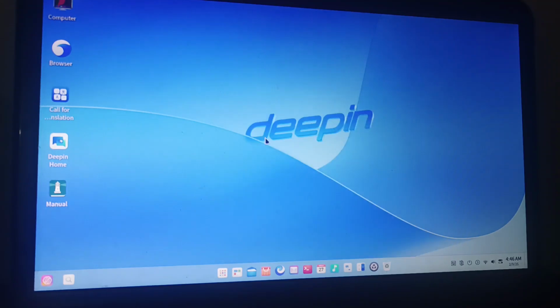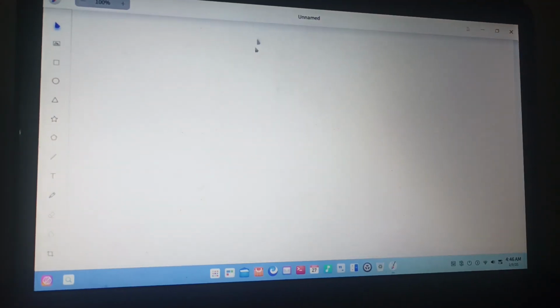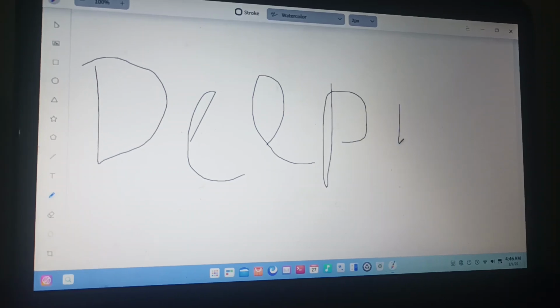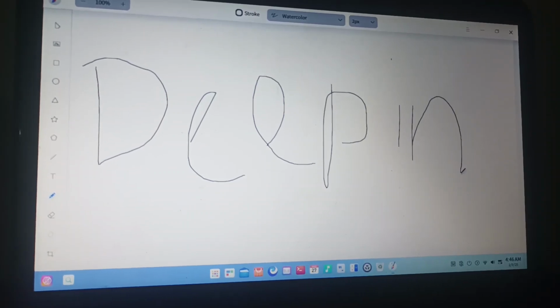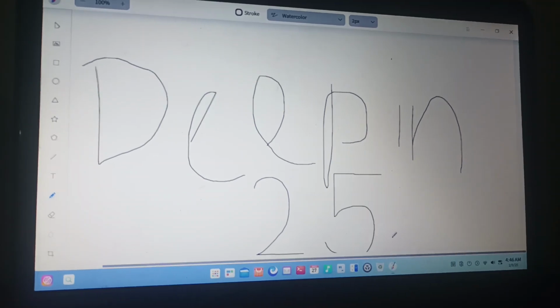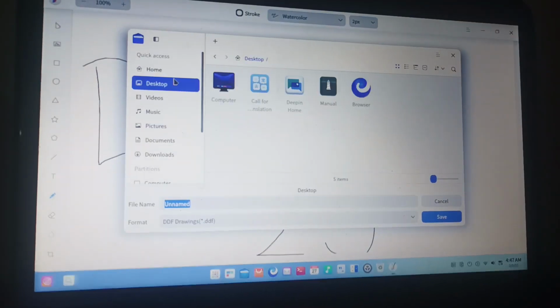We got Deepin Draw, which is probably just Microsoft Paint. Yeah, it is Microsoft Paint. Now let's draw, shall we? Let's see. Deepin 25. Yay! Picasso, but we're gonna like save this and